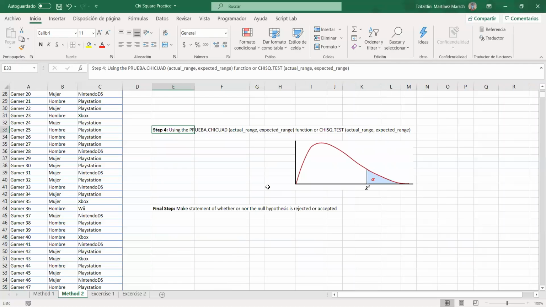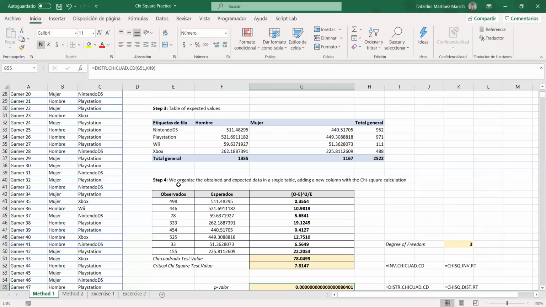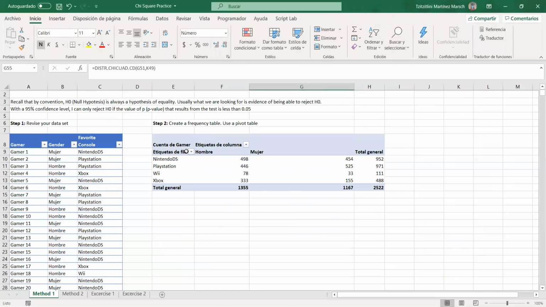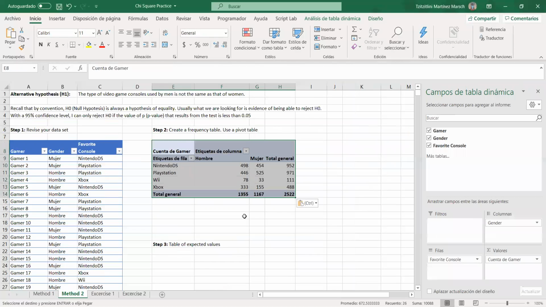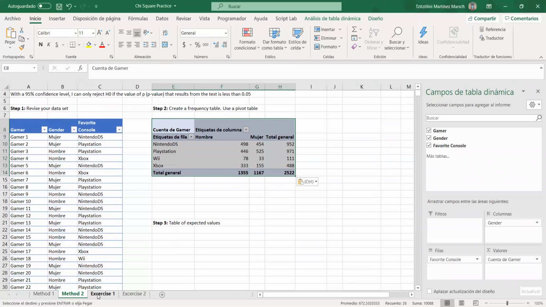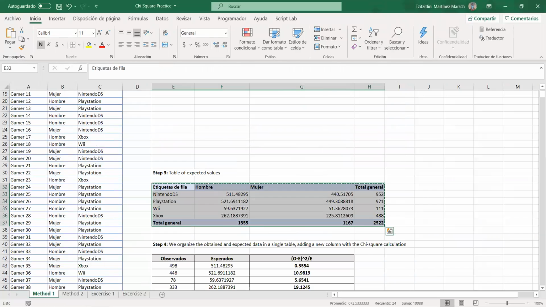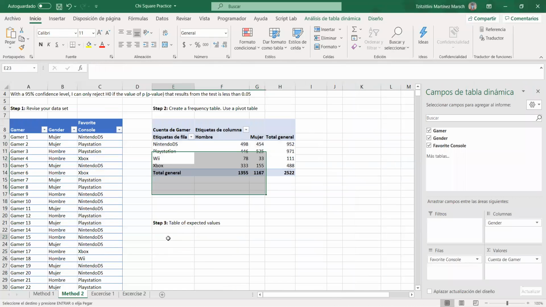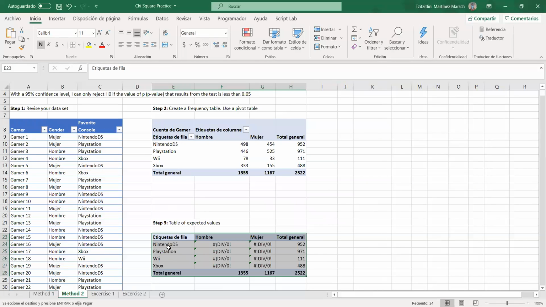The next method that we're going to use is basically the same. I'm going to go ahead and copy this table so we don't have to redo it again, okay? So I'm copying this table right here. It's the same information, our expected values. I'm going to copy the same because up to here the method is the exact same, okay? Just to save time. And we should have